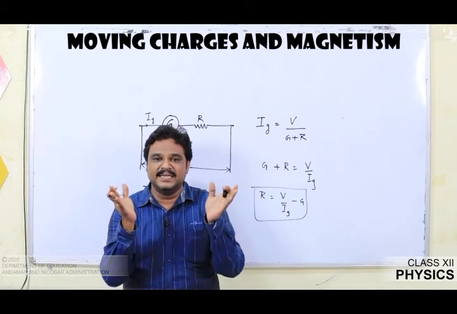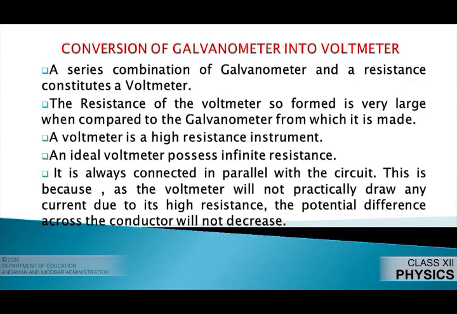So once again, in a nutshell, a series combination of a galvanometer and a resistance constitutes a voltmeter. The resistance of the voltmeter so formed is very large when compared to the galvanometer from which it is made. A voltmeter is a high resistance instrument. What about an ideal voltmeter? It possesses infinite resistance. It is always connected in parallel. This is because the voltmeter will not practically draw any current due to high resistance, so the potential difference across the conductor will not